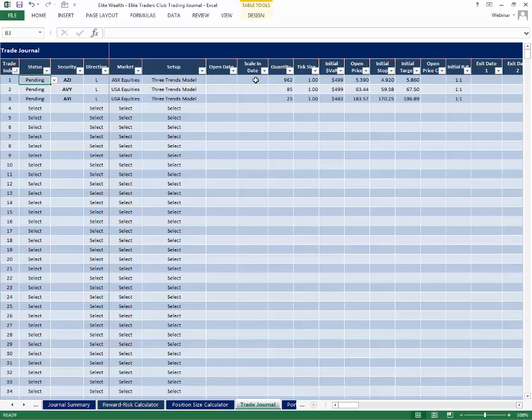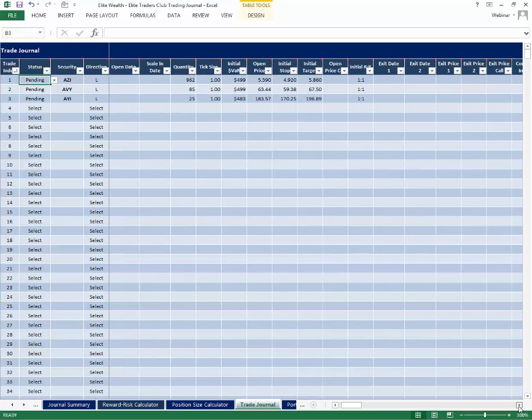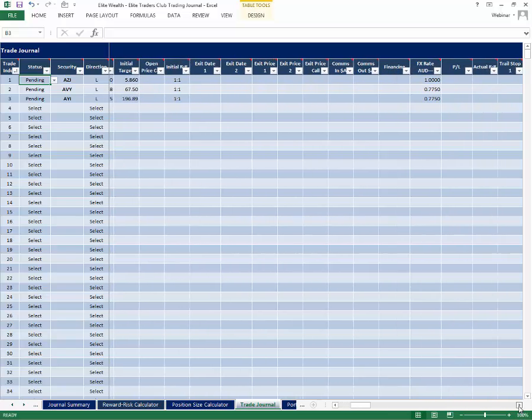Scale end date is if we have multiple entries on the same security. Number of shares. Tick size, as the little box up the top says, this is always 1 for shares. Our initial dollars at risk on here, the entry price, our stop loss, our first target on there, and the system will now calculate a reward to risk. As we move across on here,